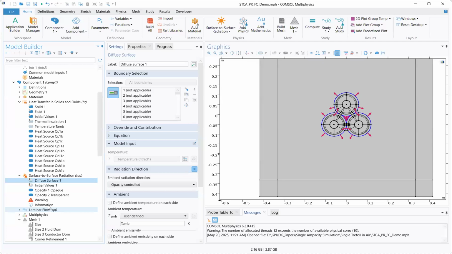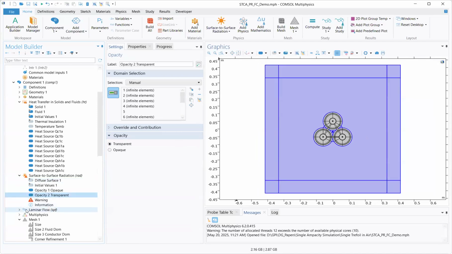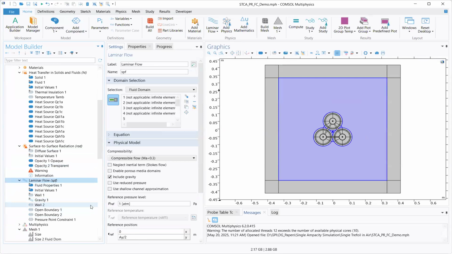Also, under surface radiation, we define the fluid, what is transparent, right? So in this case, air. So all the air domains are selected. And then last is the laminar flow physics. So we select the fluid domain,